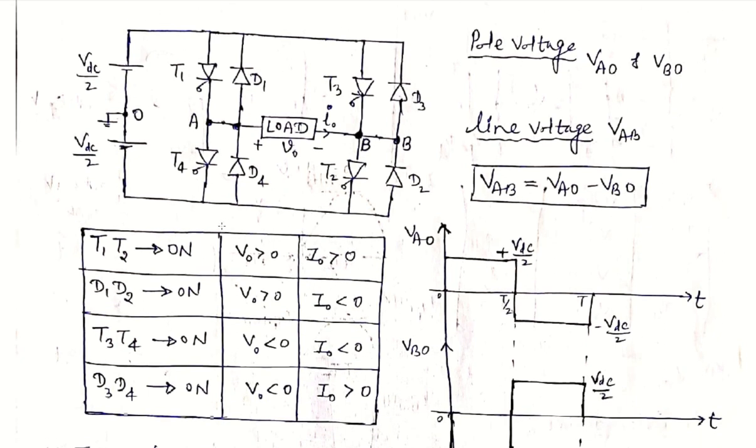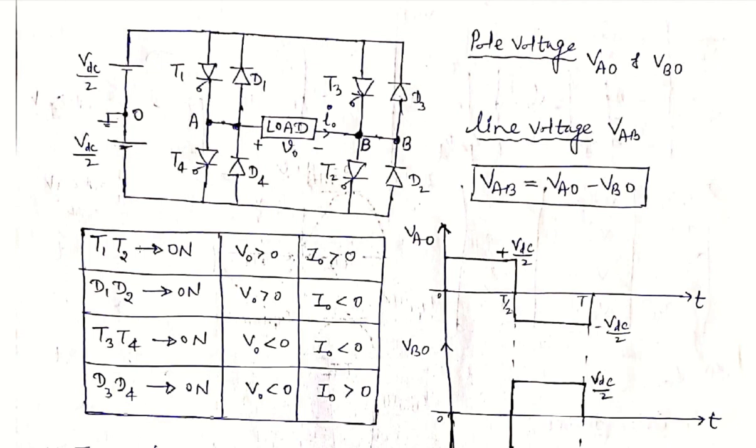This is a switching logic table. In the half bridge configuration, there are two thyristor switches, T1 and T2, and two diodes, D1 and D2. But here four thyristors and four diodes are there, so we have to apply a closed path. At a time two thyristors are conducting, and two diodes conduct for the current through our input terminals to the load, through the output terminal, and again to the input terminal. So two thyristors at a time are conducting.